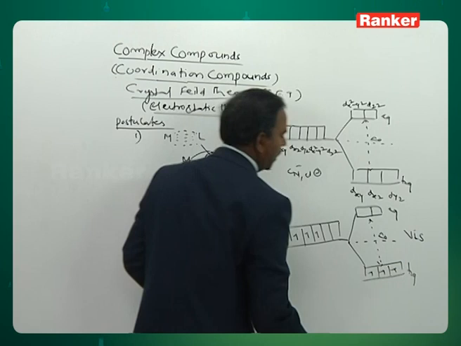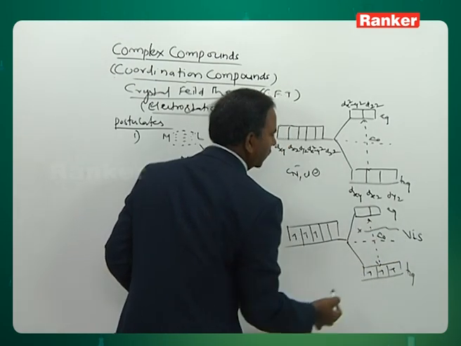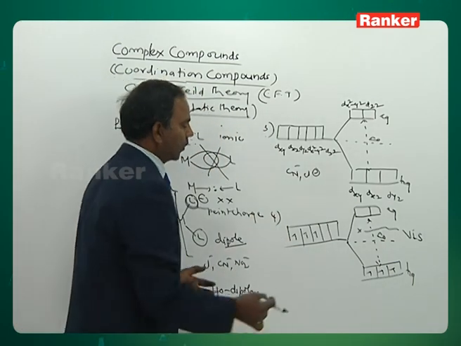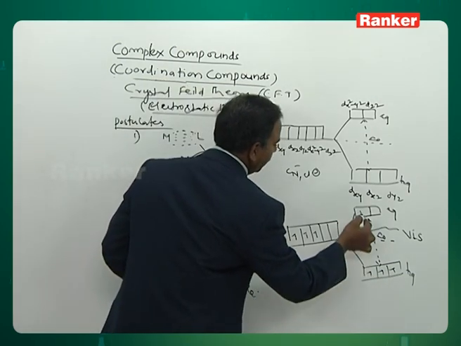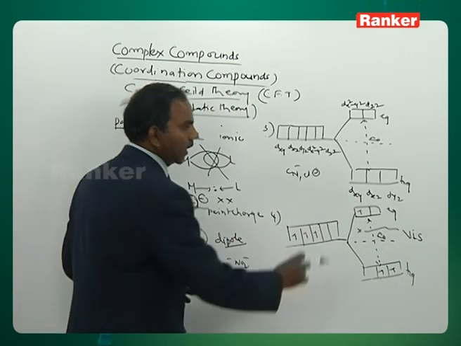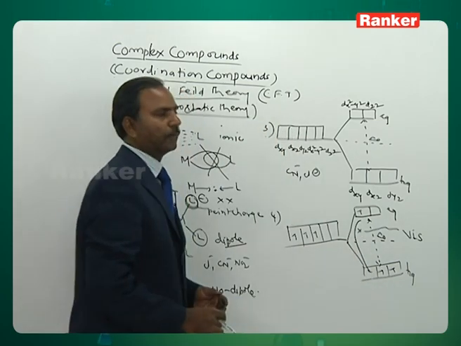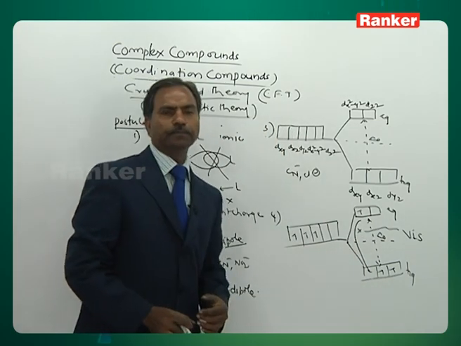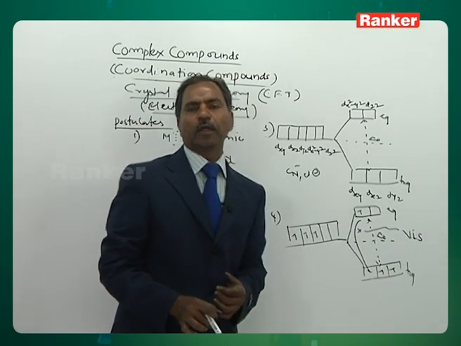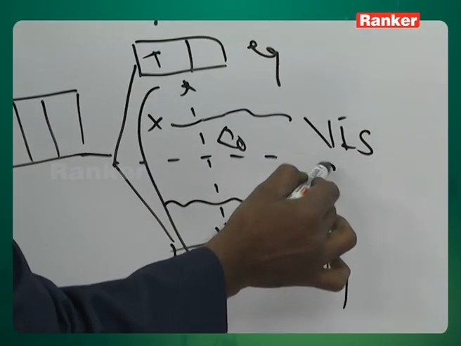For the electronic transition, the complex absorbs energy from the visible region. Imagine X color is absorbed, and the electron is excited to the higher energy level. The electron at the higher energy level is less stable, so it is de-excited back to the ground state. While excitation absorbs energy, de-excitation releases it. Whatever color is transmitted, imagine a Y color, that will be the color